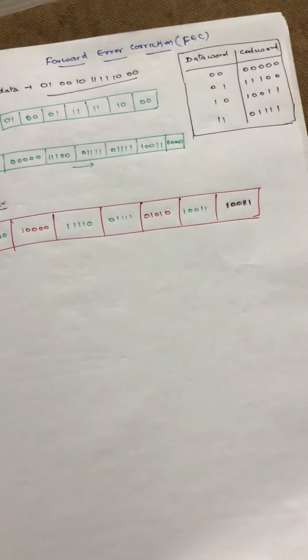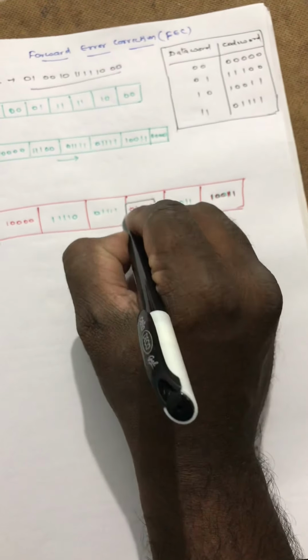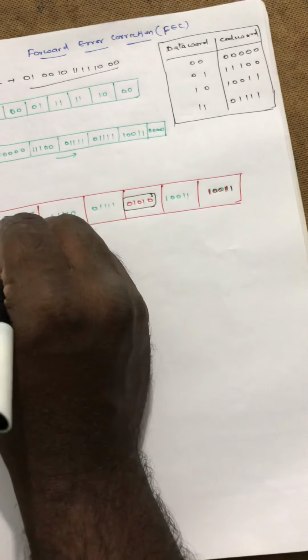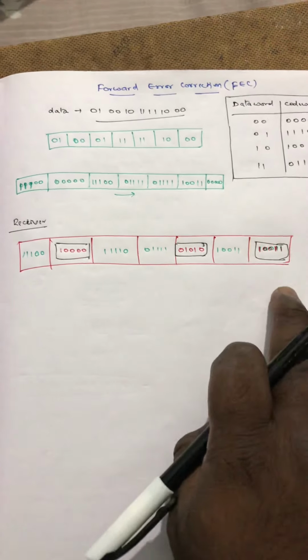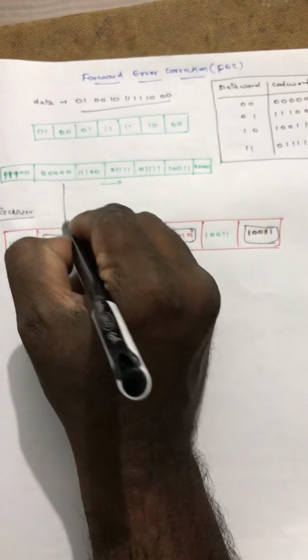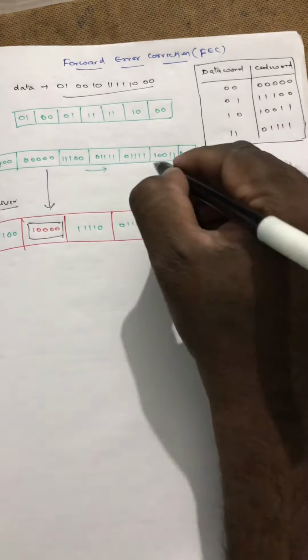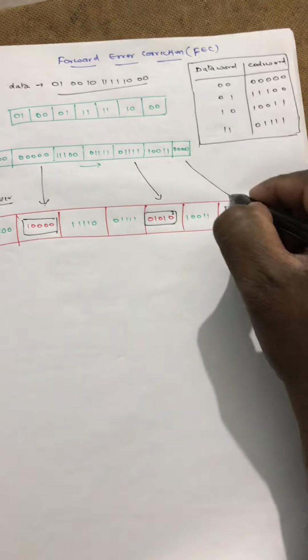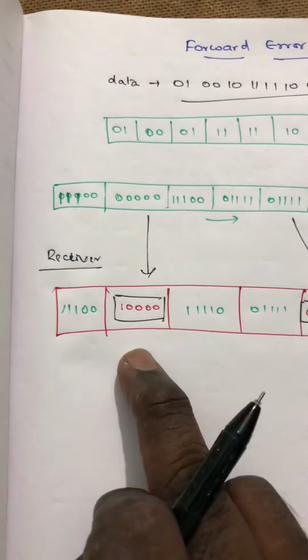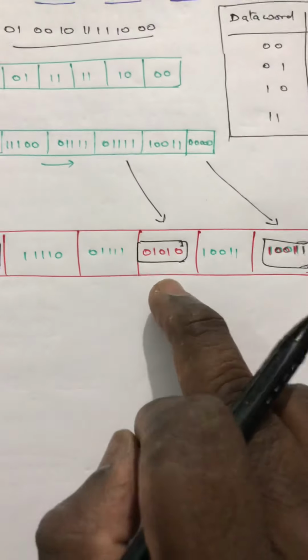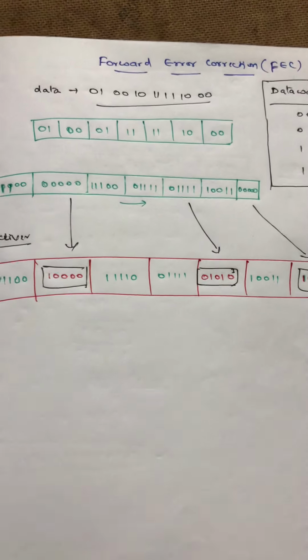So to make it clear to understand, I have just simply highlighted those bits which are changed. Okay, these are not the values what I have sent, but they changed their positions. Okay, second one, this one, and this one. You can clearly see that. So these zeros became this, and this value became this, and this value became this.